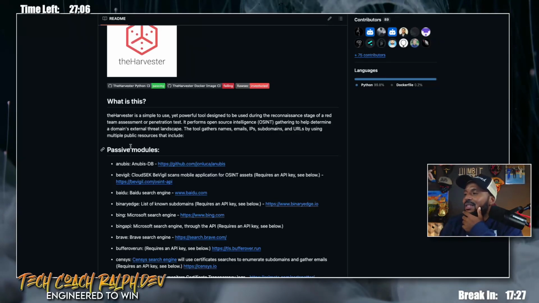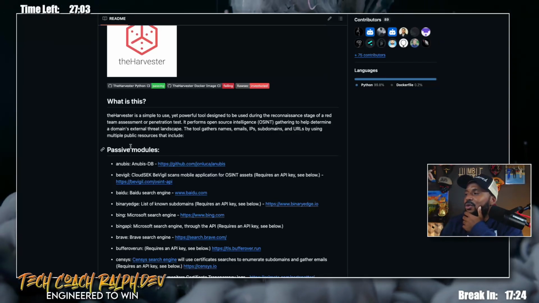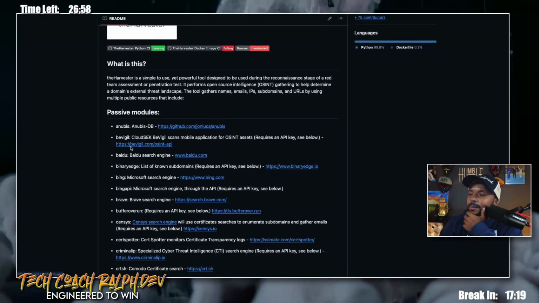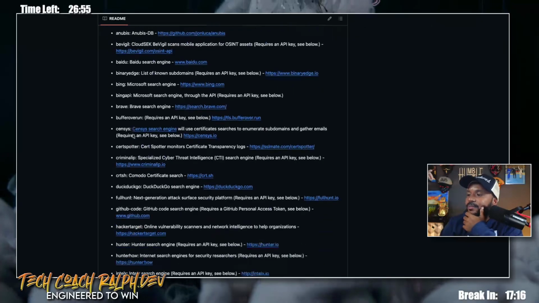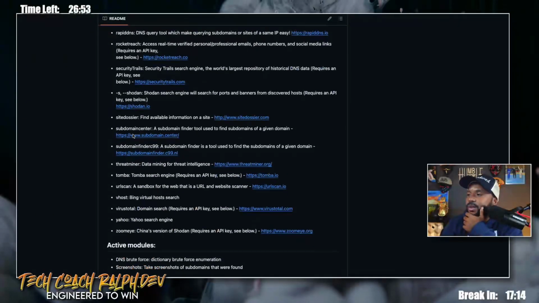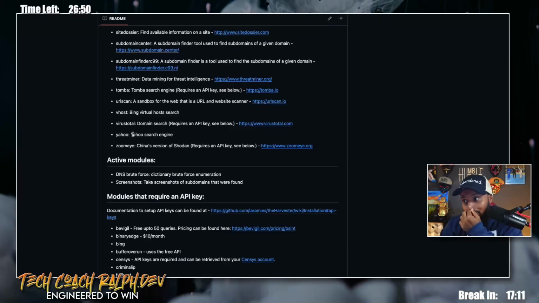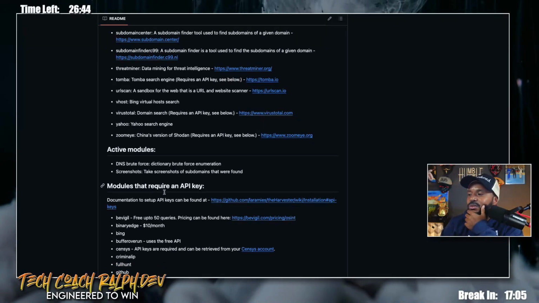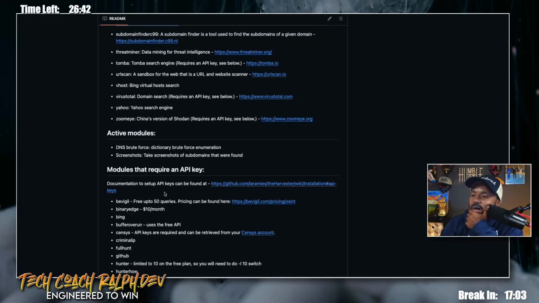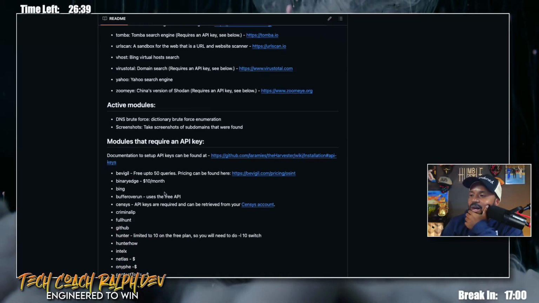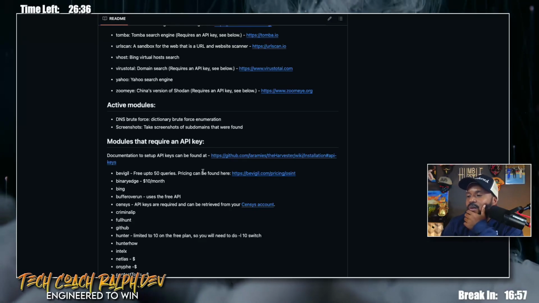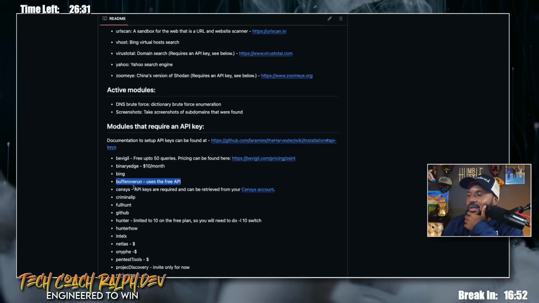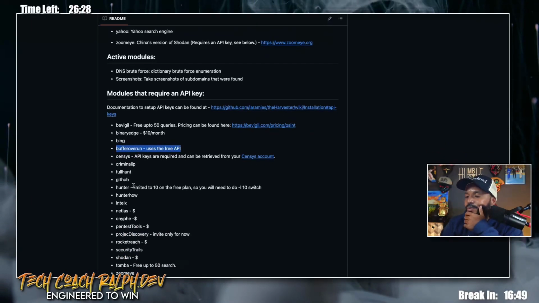The tool gathers email addresses, IPs, subdomains, and URLs by using multiple public resources that include passive modules. Okay, not going to read through every last one of them. Active modules: DNS brute force, dictionary brute force enumeration, screenshots, take screenshots of subdomains that were found. Modules that require an API key, documentation to set up an API key can be found here. Maybe next week we'll look into the API key. Maybe we'll sign up for one of these APIs, see what they do. Because look,